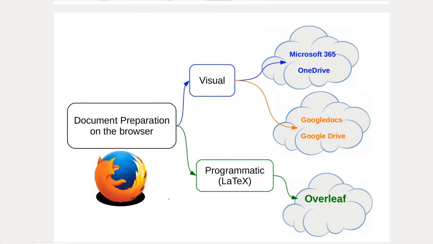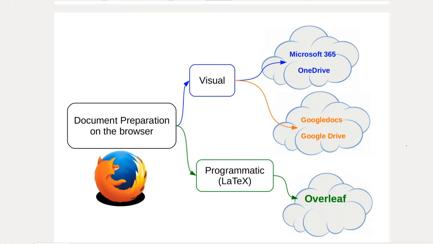So to prepare a document based upon your literature survey, you have the ability to do it over the browser and with just an internet connection without having to install anything on your computer. And today that is possible in two different manners. One is the visual manner, where you have an environment where as you type you can see how it is going to look when you print. And this is offered by the Microsoft 365 or Office 365 environment. The files are stored on OneDrive. The free subscription that is available on this is quite good for most of our basic needs.